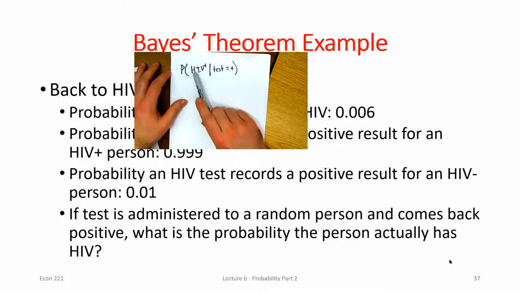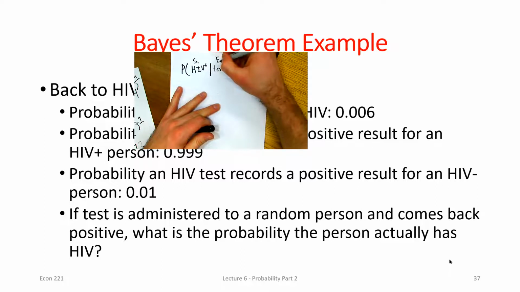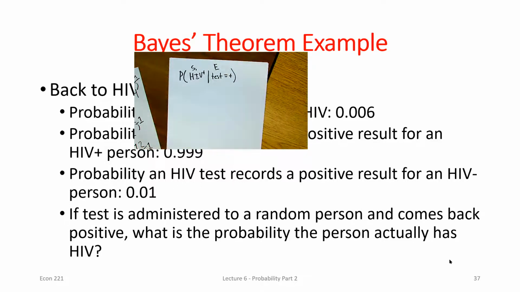So this is what we're looking for, given that we see this outcome on the test. So we could think about it, here's our S1, and here's the outcome of the test we're interested in, E. So what we're going to do is go back and look at that general form of the equation and just write it out, and everywhere we see S1,